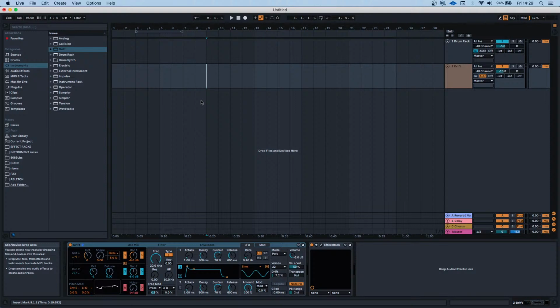Like I've always said about Ableton, if you've seen any of my shorts, it's all about time saving. Even just taking a couple of seconds to move a plugin from this screen to that screen, over an entire say 3 hour session, that's adding up to minutes and minutes of you having to do that every time you open a plugin, and that's just getting in the way of what I'm feeling,